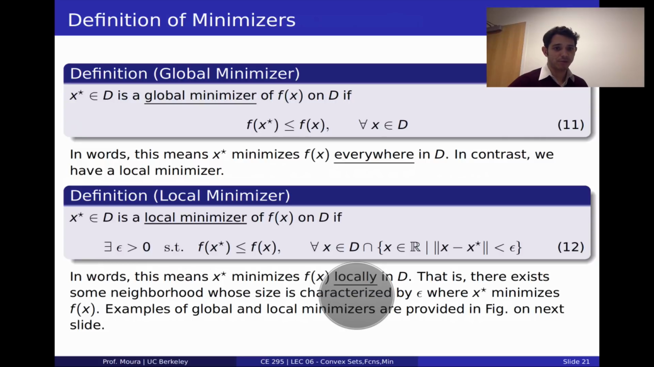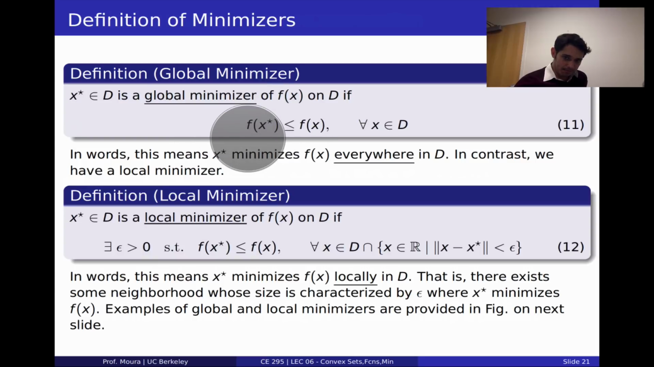So the first type of minimizer I want to define, there's two that we'll define, global and local. The first that I want to describe is a global minimizer. What is a global minimizer? So we're going to say that x star, which exists in our set D, is a global minimizer of f of x on the set D, if f of x star is less than or equal to f of x for every single x that's in the